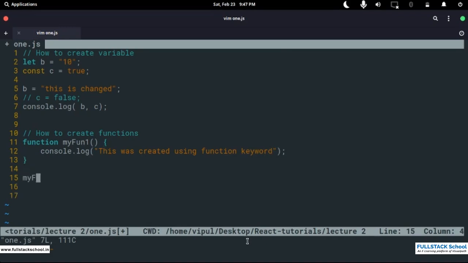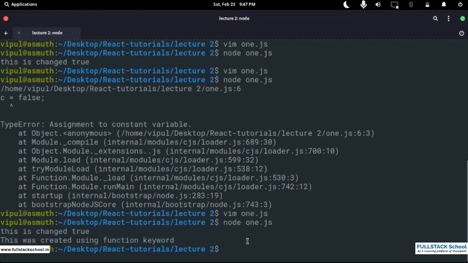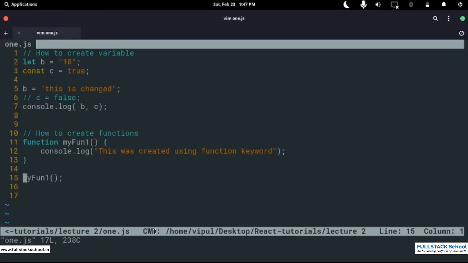So to call this, what you need to do is call it by name, and then you go back and you see, okay, alright, we see that the function has been called. Now let's see a new way of creating functions. Oh, another thing, you can also create anonymous functions, and what that means is it's a function that has no name to it. So you can do something like const func2 is equal to function,